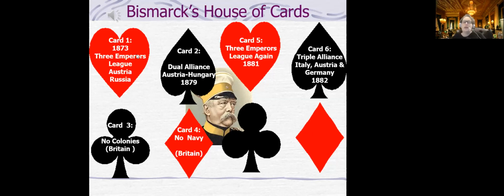Now, this is risky because the Italians and the Austrians also have similar interests. But it's not quite as big because Italy is a little younger in this as a modern state. So he gets away with it a little bit longer. But it's a little shaky. Italy is still not the greatest ally. So he still needs to secure that back door, that Russian flank. So in 1887, he signs a reinsurance treaty with Russia.